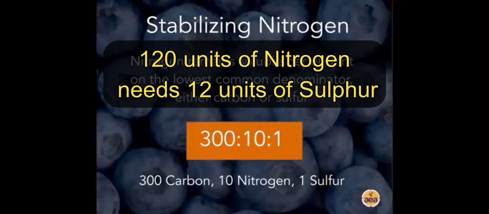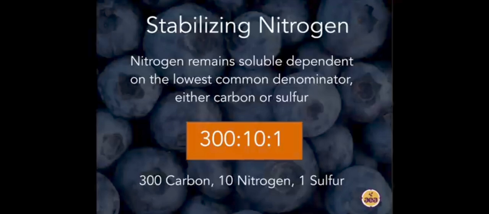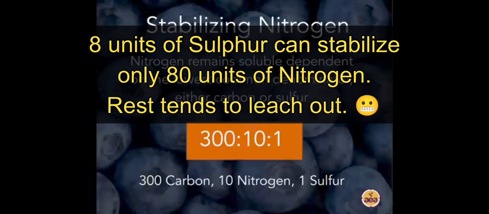In reality, to maintain the 10-to-1 ratio of nitrogen to sulfur in the soil profile, you are now missing 4 pounds of sulfur. So you have 8 pounds of sulfur, that means you can hold 80 units of nitrogen. Your soil already had 60, you added 60 more, so you now have a total of 120. That 120,